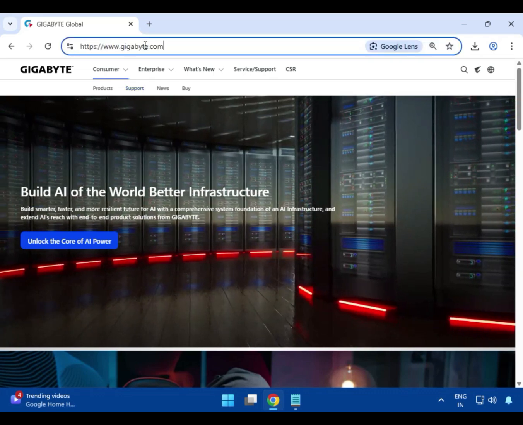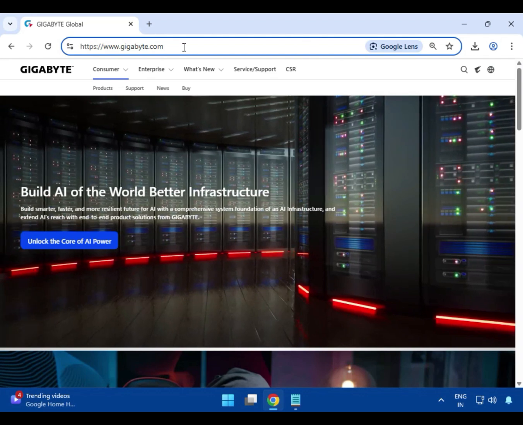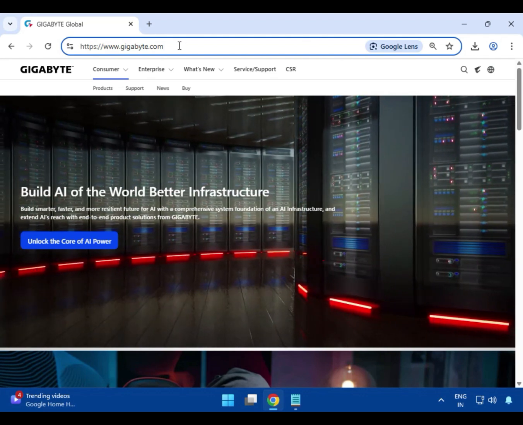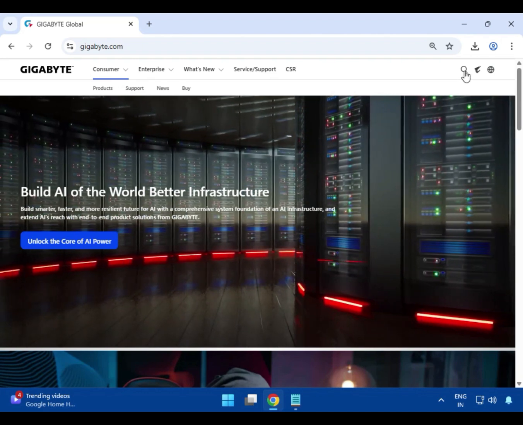So first you have to go to this site, www.gigabyte.com. This is the official website, so you can download any Gigabyte device driver. After that, you can see the search icon on the right-hand side. Just click on it